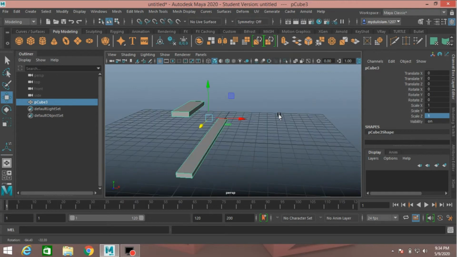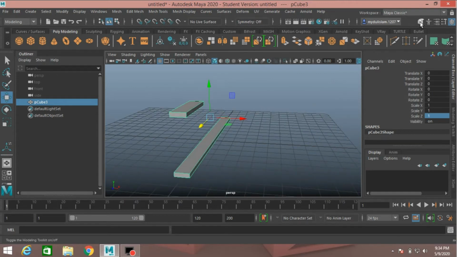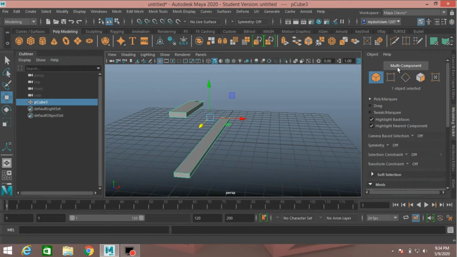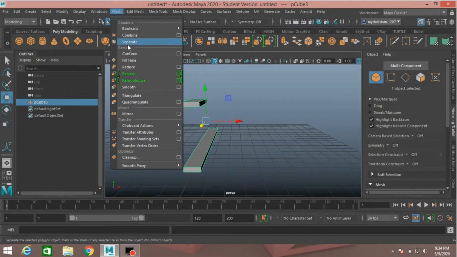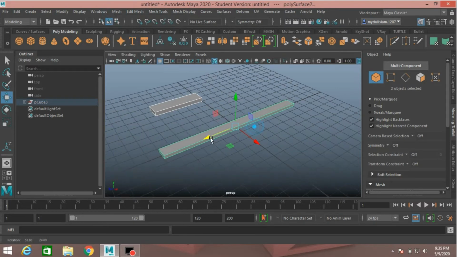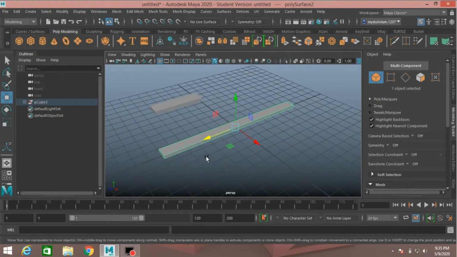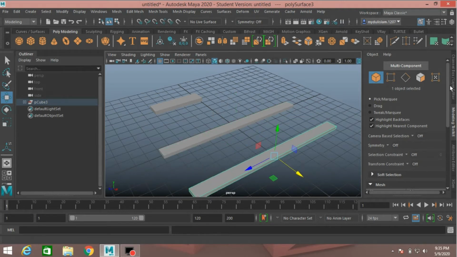Now click on this icon. This will open modeling toolkit menu and select face selection mode. Select this face, shift select this face, object mode, go to mesh, click separate mesh, select this, press Ctrl plus D to duplicate and move it here.